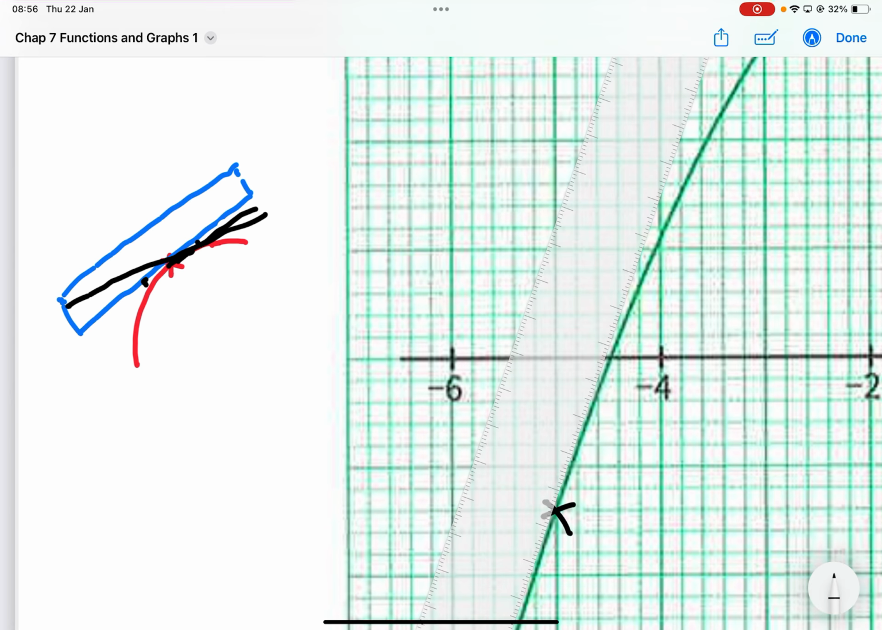Because your graph plotting sure is a curve. They will never ask you to draw a straight line curve, because straight line curve too easy. So you sure have a curve, you sure have to measure gradient. So it must be exactly